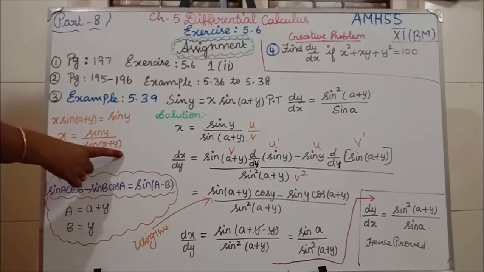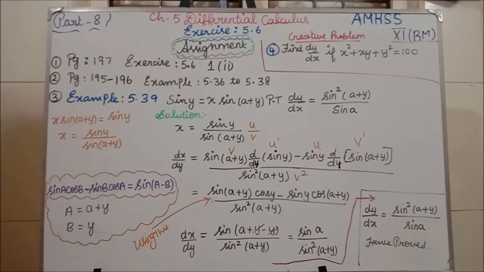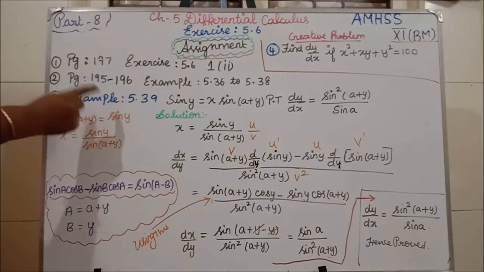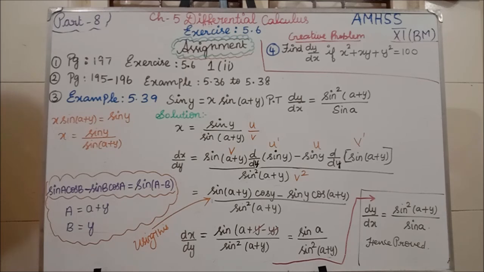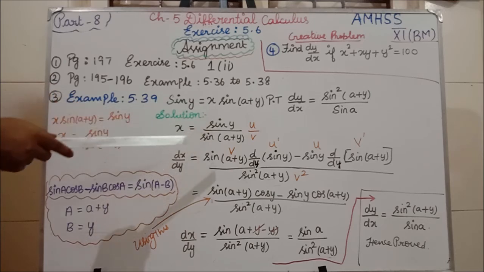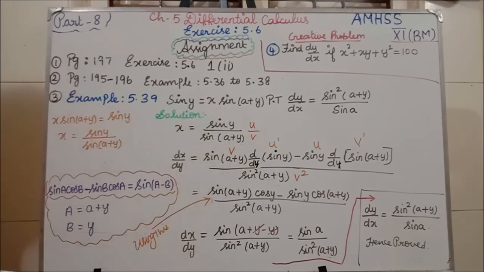Clear? Now this term we are going to differentiate. Here I have written this term directly. When you are writing, you write this term, then you can write this. Clear? We are differentiating dx/dy, that is, with respect to y, because in this step, in the RHS part, we have only one variable, which is y.